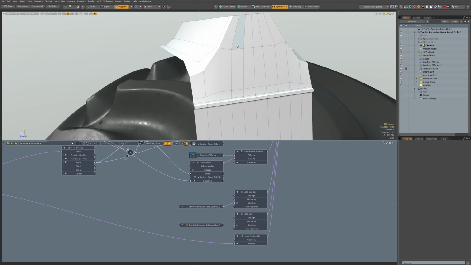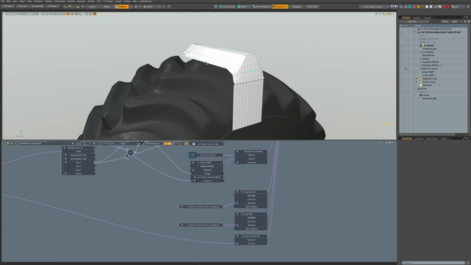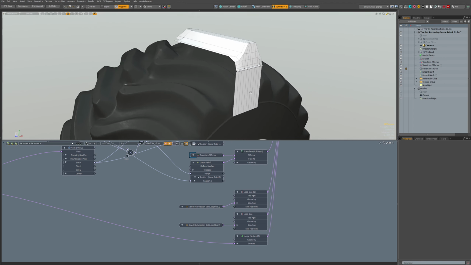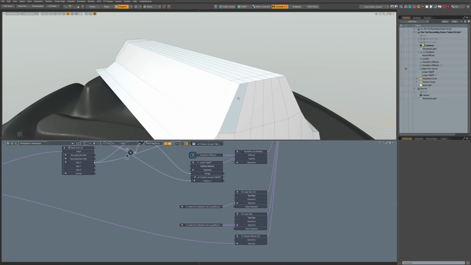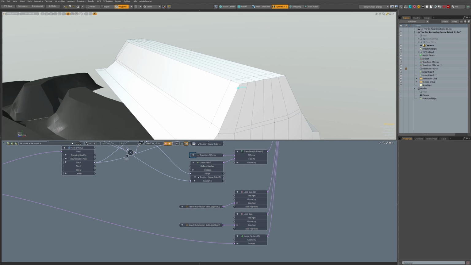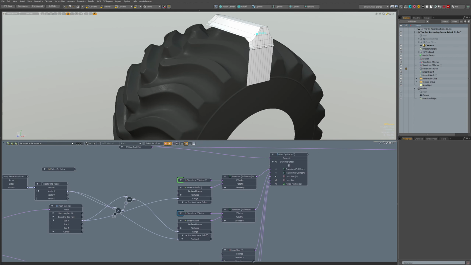I don't know. Am I adding too many loops? Maybe. Because and we need a loop here. No, it's going wrong way.